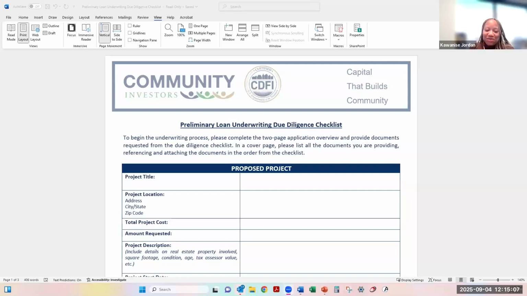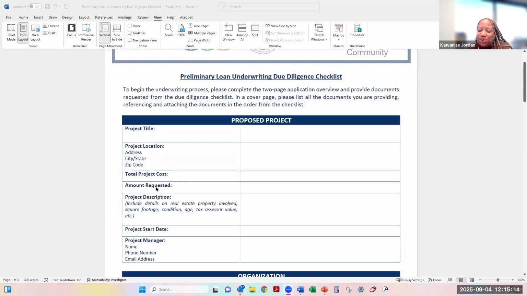All right. So if any of you have reached out to us in need of funding for your real estate projects, you have seen this application, but we just wanted to go through it quickly and highlight things that we need as soon as you submit your application versus things that we can require and provide as you are submitting your entire package. So when you reach out to TREC CI for a real estate loan, we are going to send you this application. And what we really need to know a lot of is about the project, the title, the location.